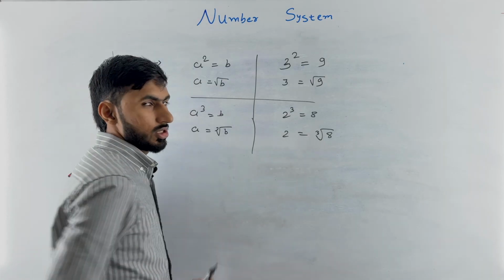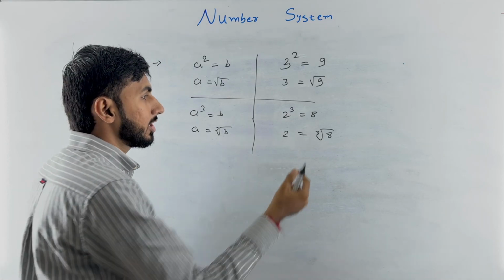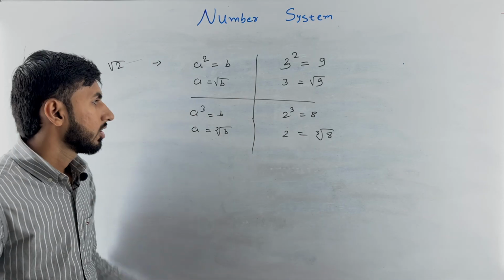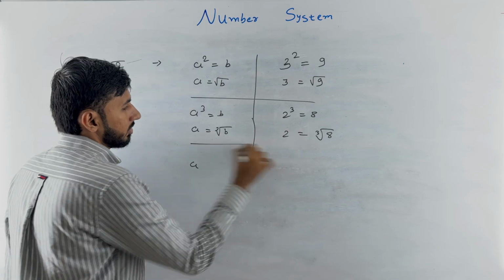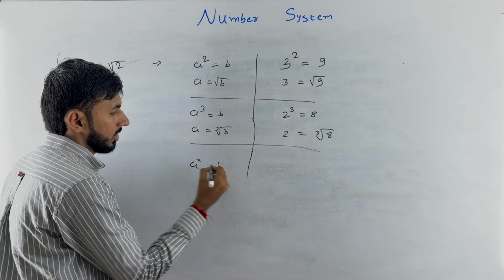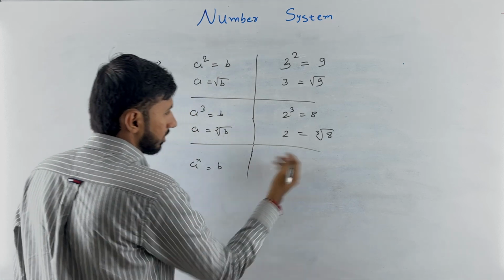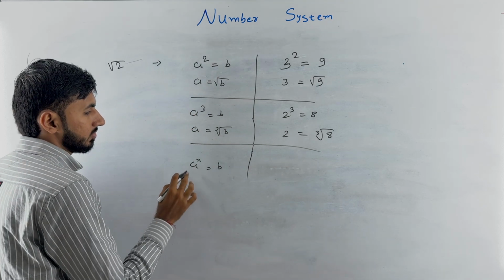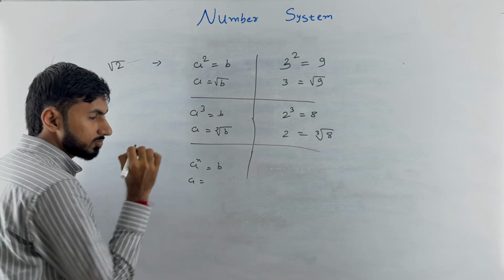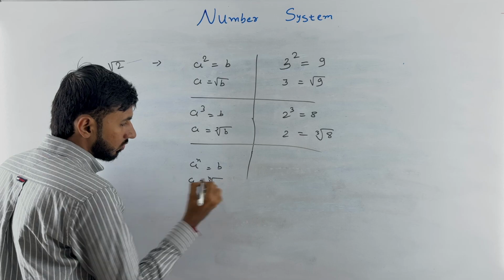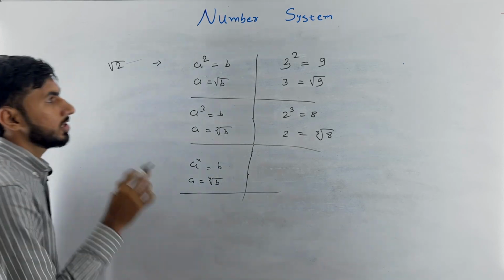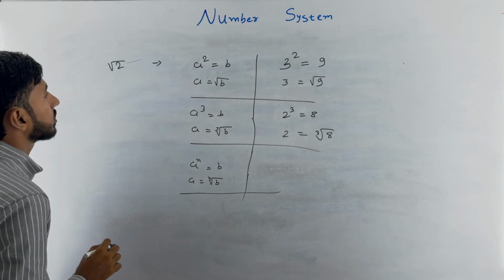Cube root means the number that we have to multiply 3 times to get this number, right? Same concept as square root, here cube root. Now you can take any power, the concept is the same. If I put n here, a raised to n equals b, right? Here I don't have to give any example because I have taken n here. A raised to n equals b. Now if I want to remove this power, I have to add the nth root on the other side, right? So this is the first concept that we will remember. Now for second,